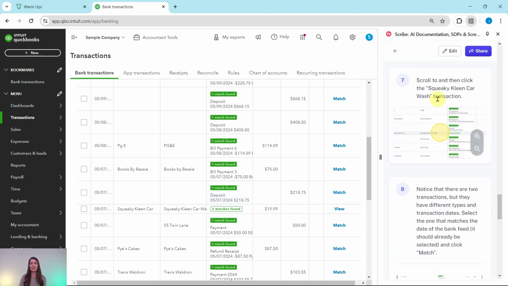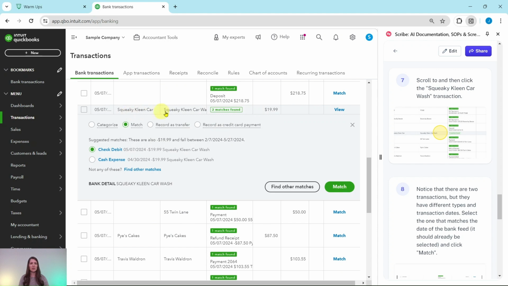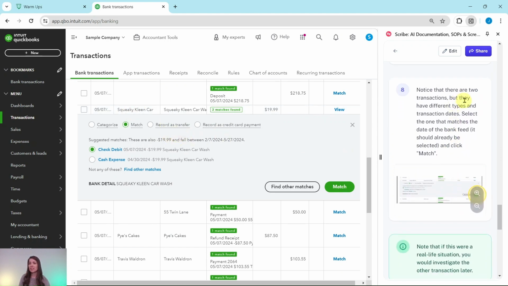Now we have another one here for squeaky clean car wash. So let's go ahead and click on that one to expand it. Go ahead and click on that squeaky clean. And you will notice here that there are two transactions, but they are different types and transaction dates. So we have two for squeaky clean car wash for the exact same amount, but they're two different kinds of transactions and two different dates. We want to select the one that matches the date on the bank feed. So if you see here, mine says